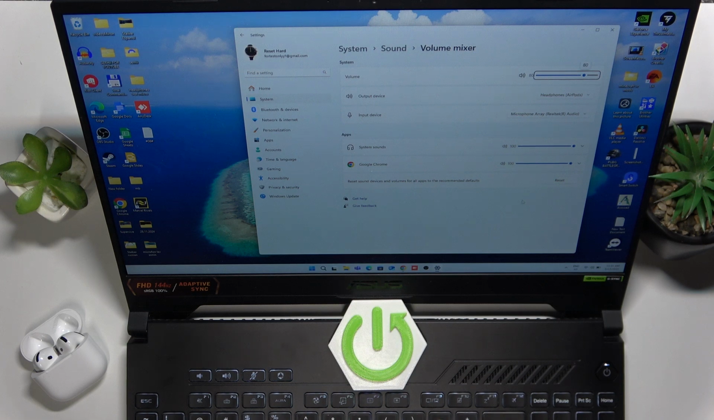below clicking this gear icon. Here, as you can see, we have input device microphone array. We have to click on this and select headset AirPods, and now we will have our microphone on our Windows PC defaultly set to